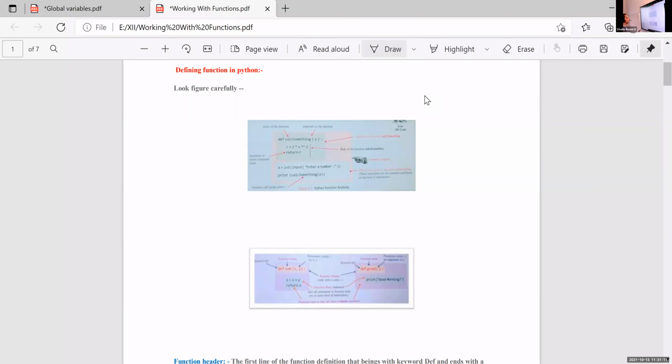So it includes function header. Then under that function header, function body is there. Within the same line, we are using parameters, and in the main section, we are using function call statement. And in the case of this function body, we use some indentation, that is tab space, for writing that function body. Okay.